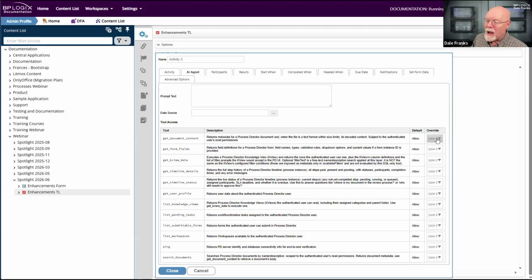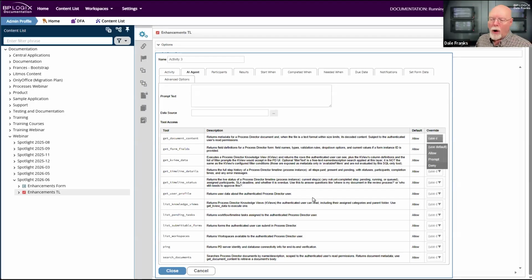However, you have the option once you configure your process timeline to go in and decide to either force the AI to prompt you before it invokes that particular process, or just to deny it the ability to do that at all.